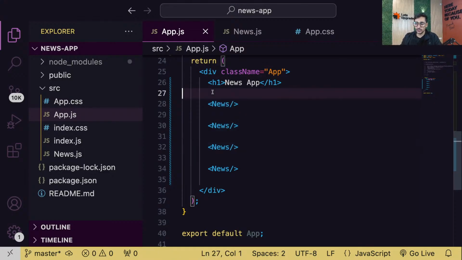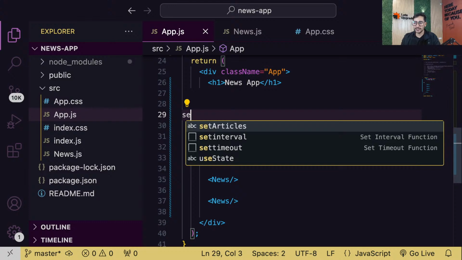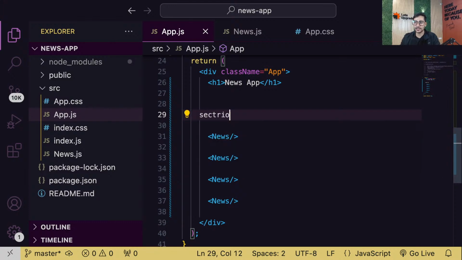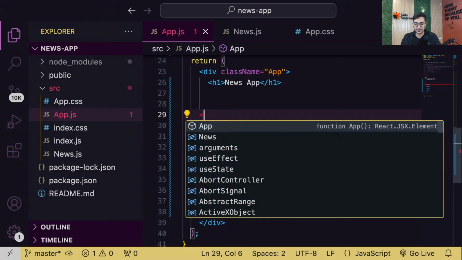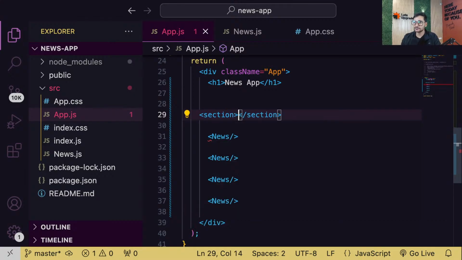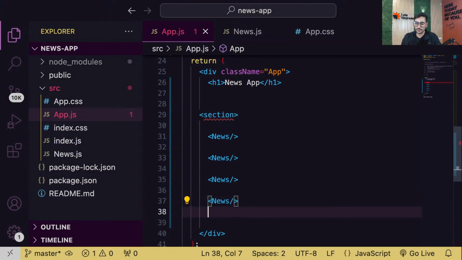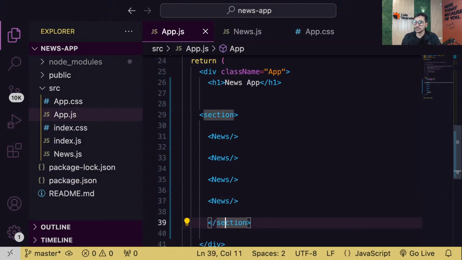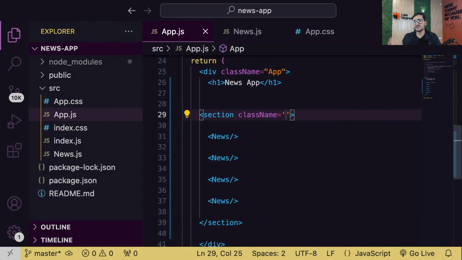So now I'm going to put them inside a section. Inside a box, a bigger box, which I'm calling a section. I'm using the section tag for it. You can also use a div tag for it, but mostly you should use section for these things. That's the semantics that we follow in HTML as well. Yes, we'll use flexing. Section, and we'll give it a class name of something like news-articles. So news hyphen articles. All set.